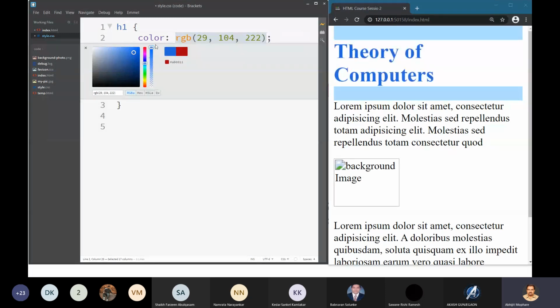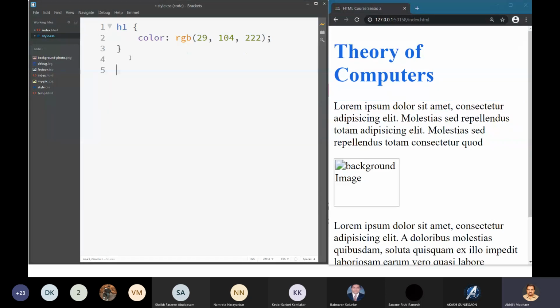This is RGB. I will not go into the detail of color right now. I will discuss the second way later on, but here we will stick to the particular color.